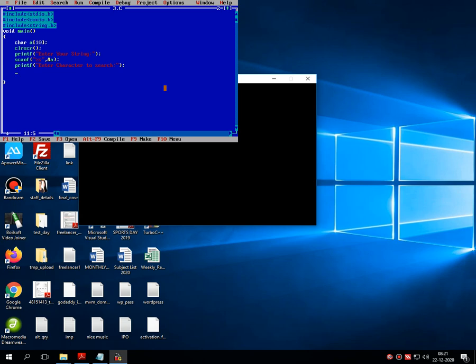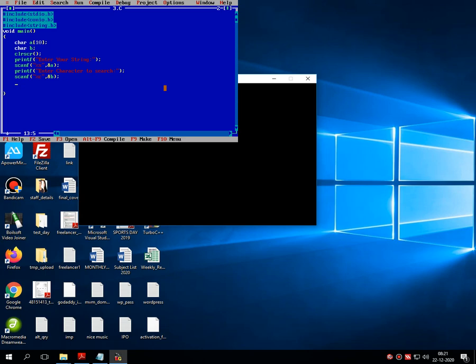Here we have to insert one character, so again there is a scanf statement with %c because it's a single character, then comma ampersand b. Here we have to declare another variable called b as a single character.